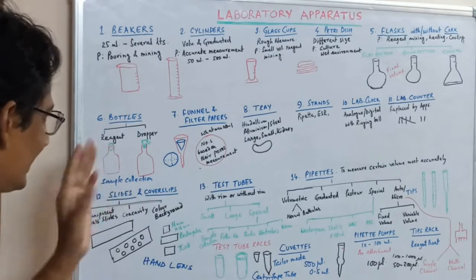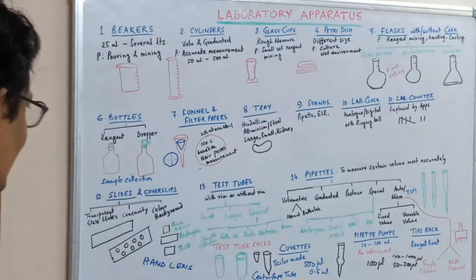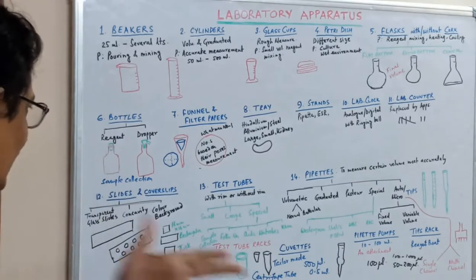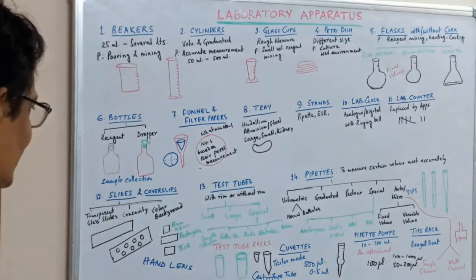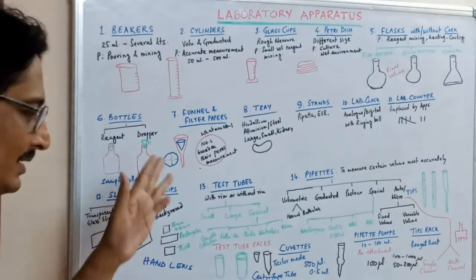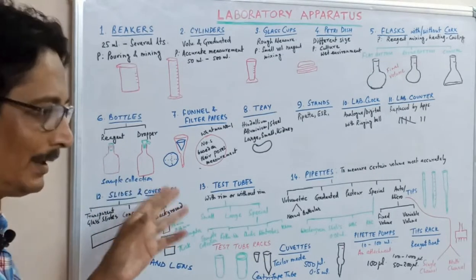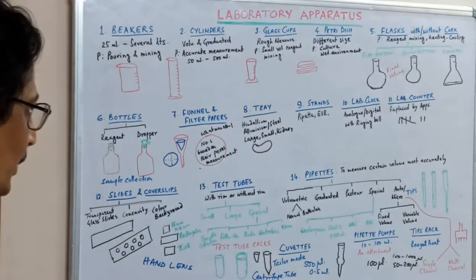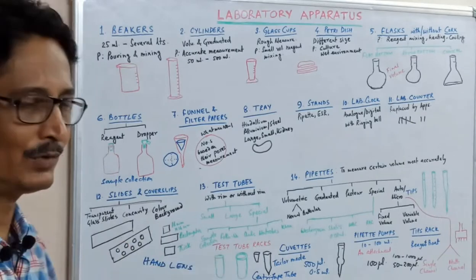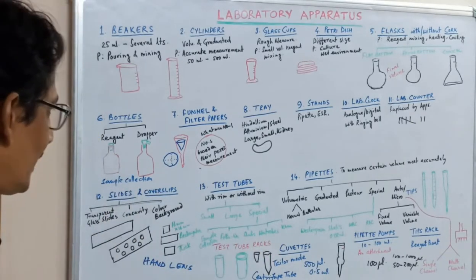All bottles should come along with a cork. There is a reagent bottle, up to maybe several liters. Mainly these reagent bottles are not much in use nowadays because we have already adopted the kit concept. And the dropper bottle is still in practice now. The dropper bottle is for the purpose of pouring drops, especially during the staining of slides. We use many dropper bottles.